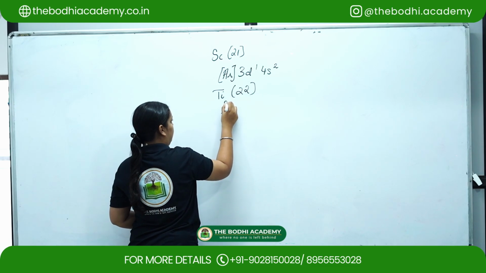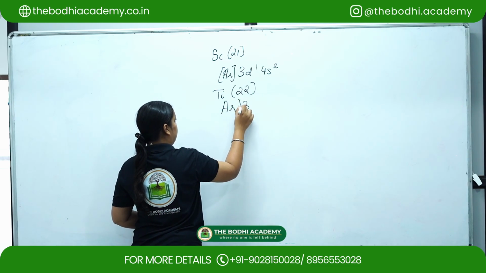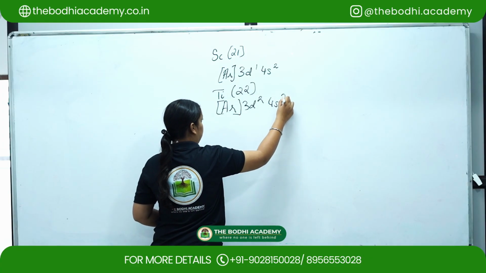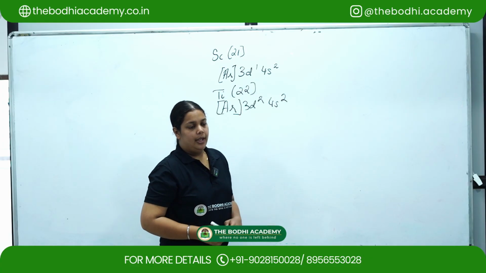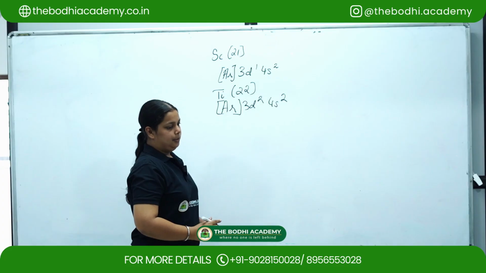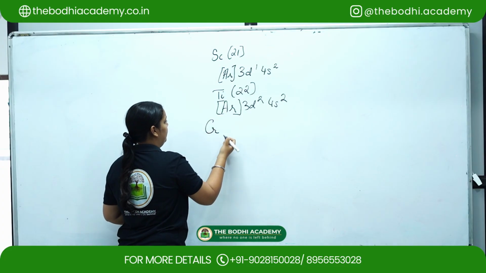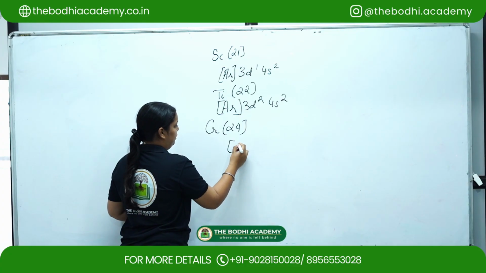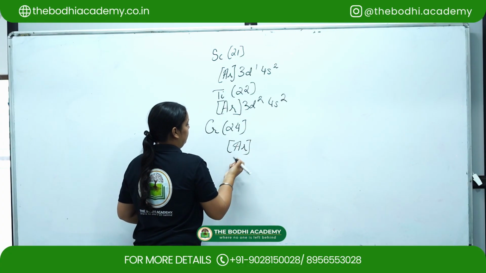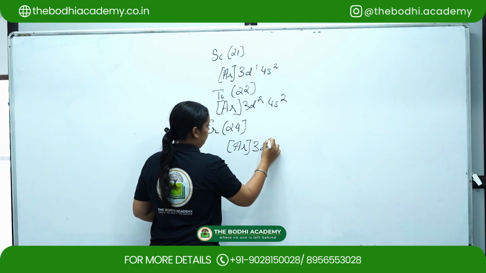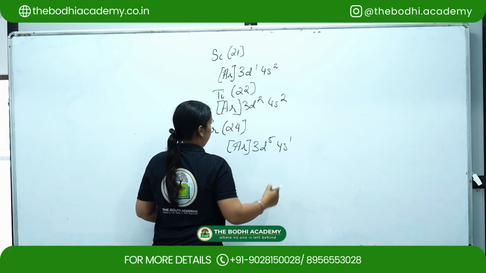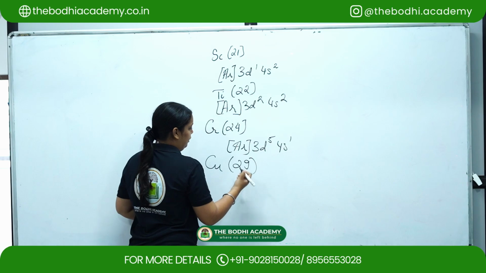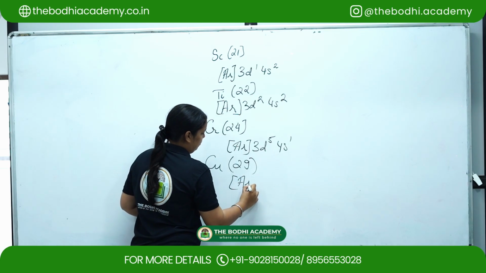For titanium, the atomic number is 22. So it will be argon 3d2 4s2. But for copper and chromium, there is a slight exception. So for chromium, the atomic number is 24. So it will be argon 3d5 4s1, and for copper the atomic number is 29, so it will be argon